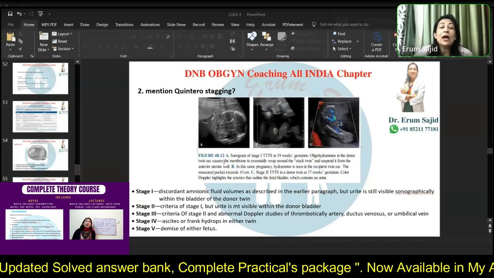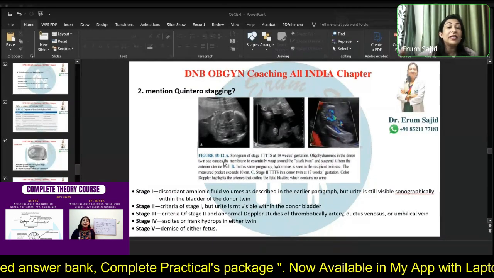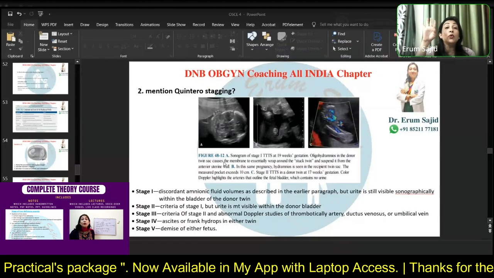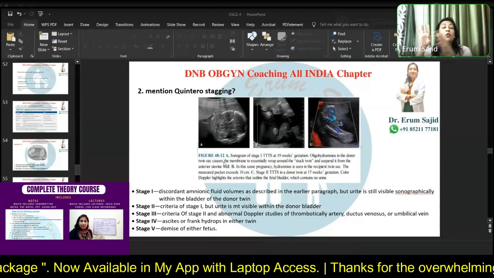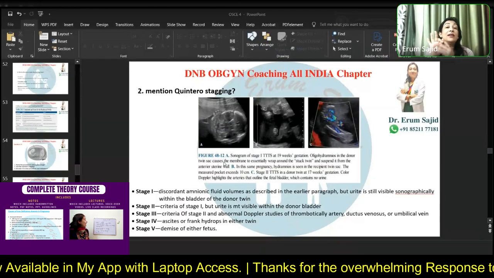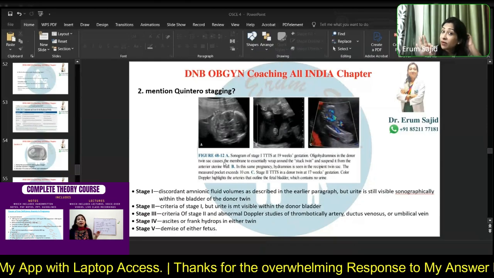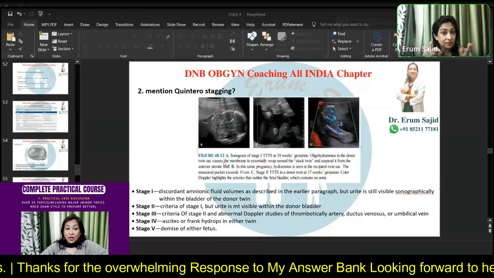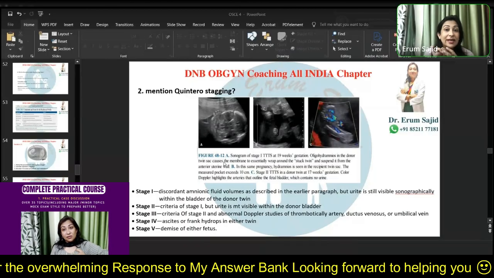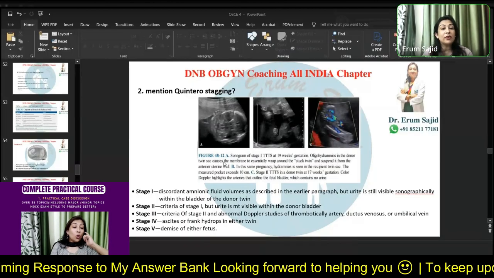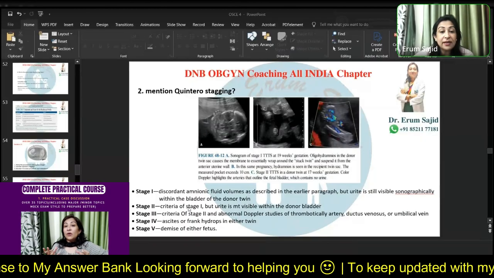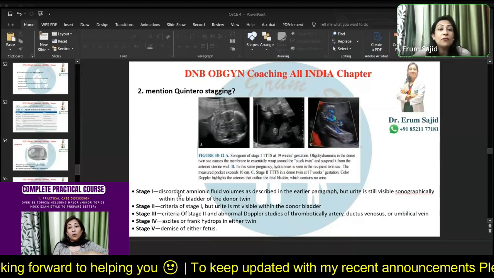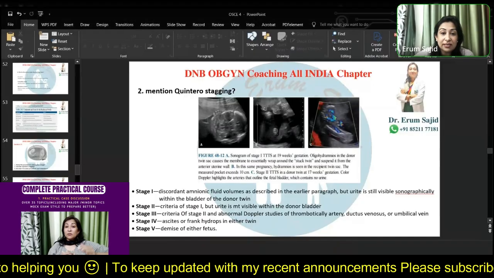Now, I taught you it is FBDHD. Quintero staging, FBDHD. That means, first of all, fluid change will be seen. Okay, one is going to have more, one is going to have less. So fluid, then bladder. Bladder will be gone in one of the donor twin, right? It will not be seen. Then comes the D. That means Doppler flows will start shifting. H, hydrops will set in, and then death. Finally, will be death. So this is what you have to write down. Discordant fluid, first of all, then the bladder will be missing, and then abdominal Doppler, hydrops, and death. So Quintero is pretty easy.